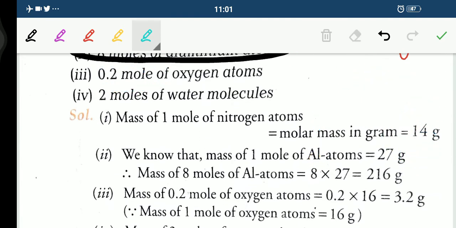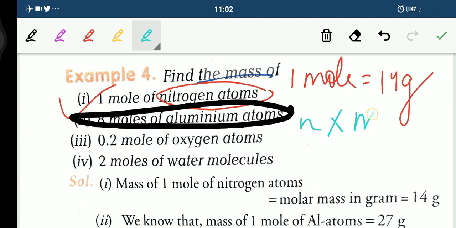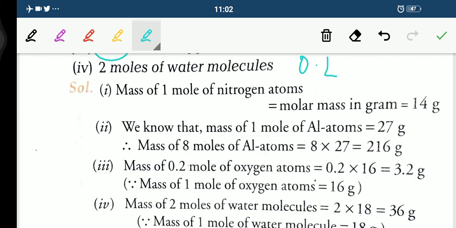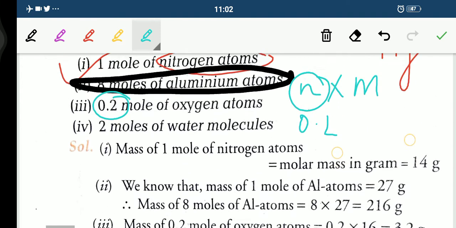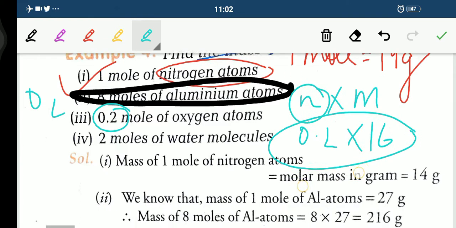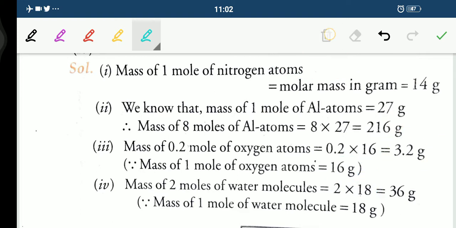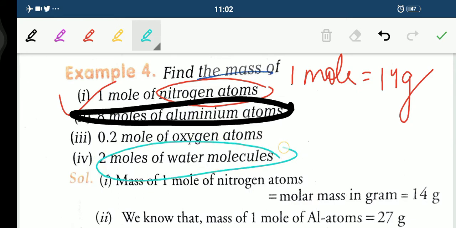And what about the direct method, that is the formula method? It is very simple, number of moles into molar mass. So the number of moles is 0.2 and the molecular mass of oxygen is, yes, 16. It is an atom basically, okay? That is why it is 16. If it were a molecule, it would be O2, and then you need to multiply the atomic mass of oxygen by 2, that is 32. So 0.2 into 16, okay? Your answer comes out to be 3.2 gram. Now children, similarly we can calculate 2 moles of water molecule as well.